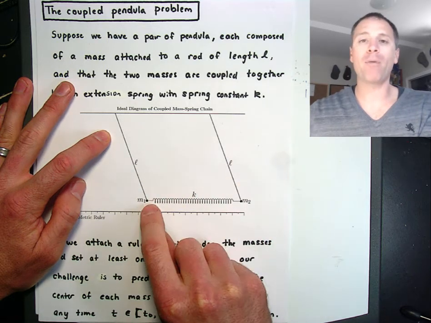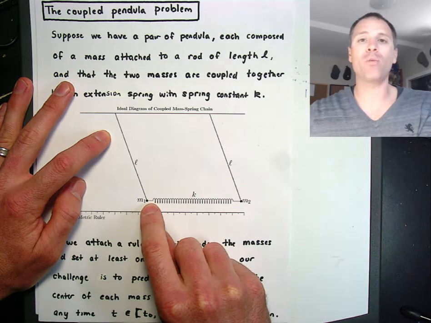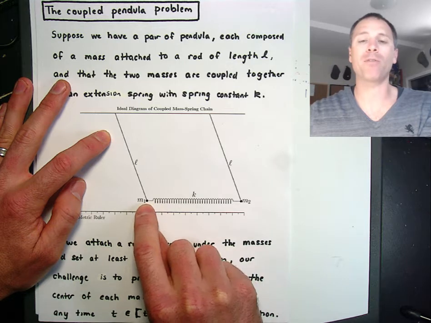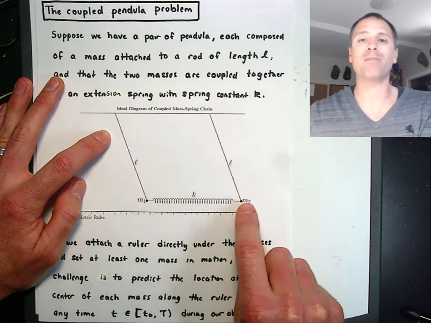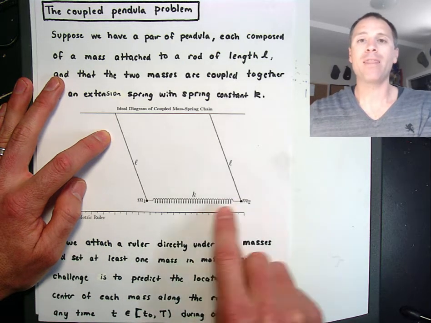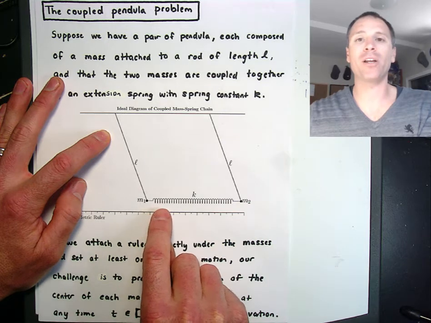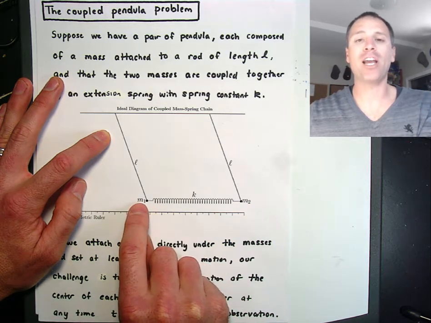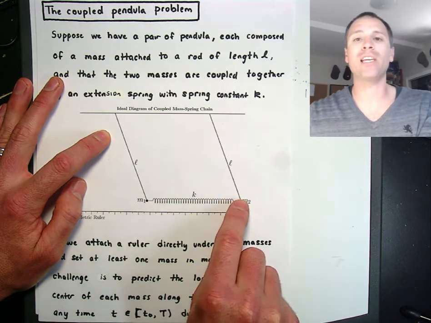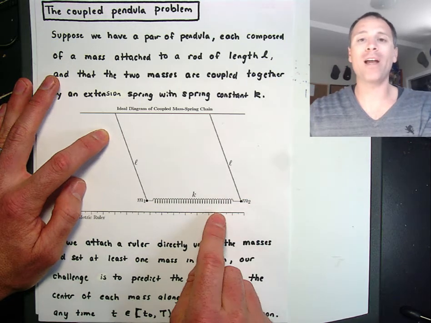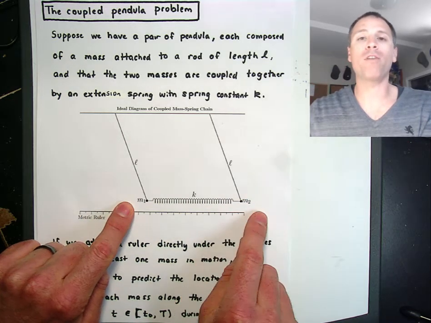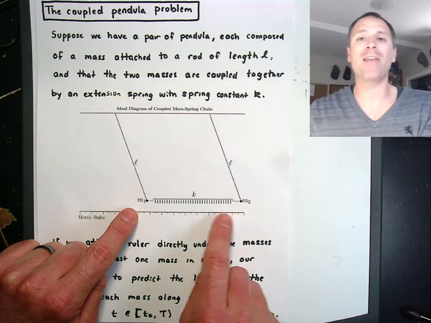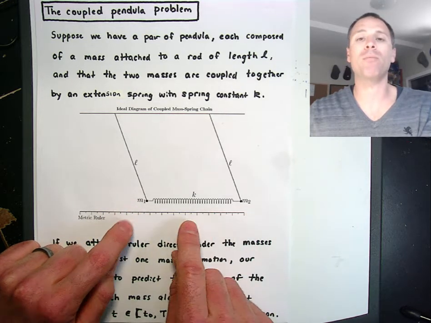At the bottom free end of each rod, we attach a mass. The mass of the first one is M1. The mass of the second one is M2. Then we take an extension spring and connect each end of the extension spring to either mass. When we're ready, we put one of the masses in motion and then watch the entire system move back and